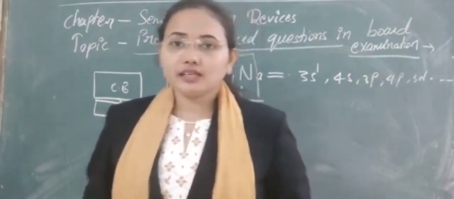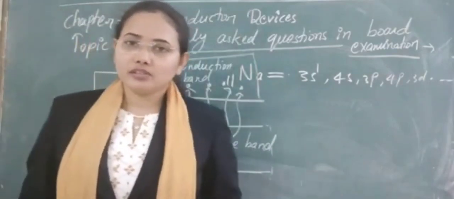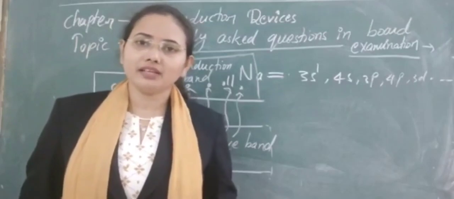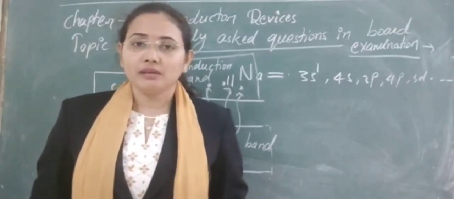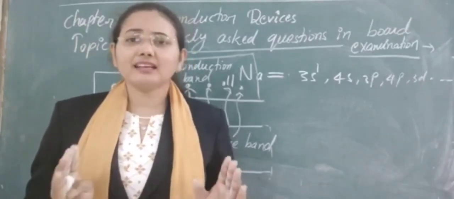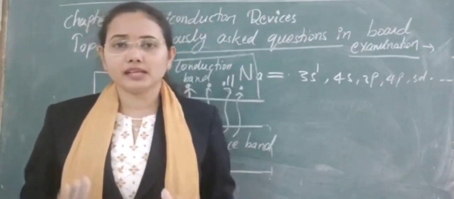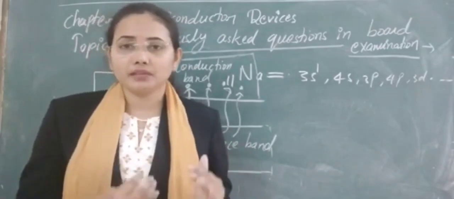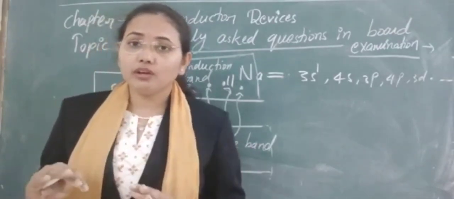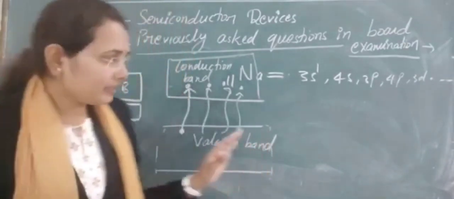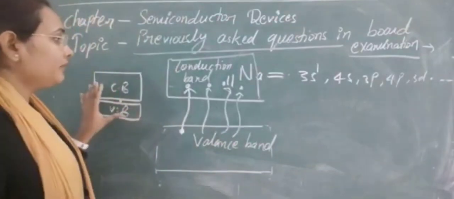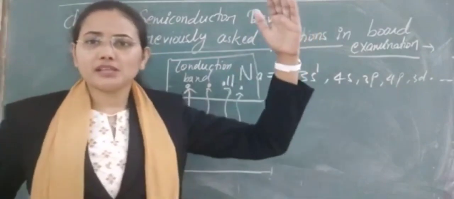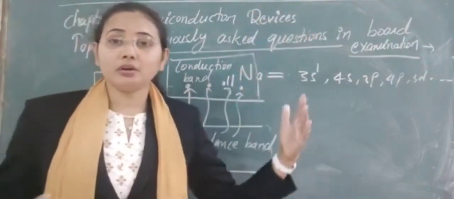Second classification here, insulator. In the case of an insulator, even if we provide a large amount of energy, we get only a few electrons, because they have either filled shells or half-filled shells. So we need to provide a large amount of energy for the removal of electrons from there. So obviously we can understand from here that the forbidden energy gap is very large, meaning the electron needs a large amount of energy.